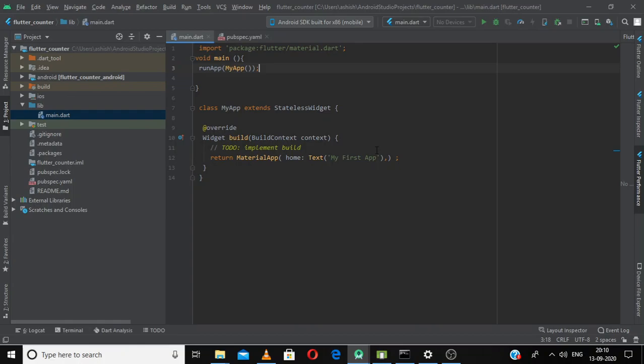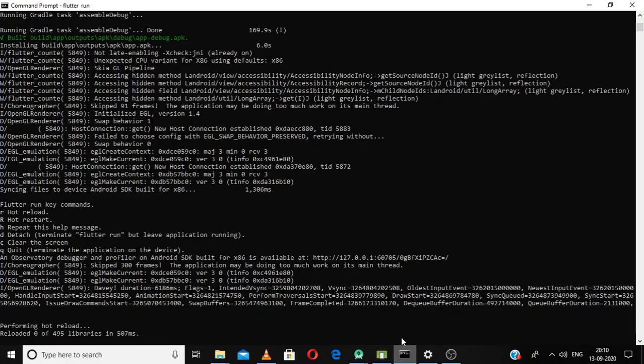To run this thing, we have to save it, and after saving, we go to our command prompt, and we will run this thing once again. We will give a hot restart to this.